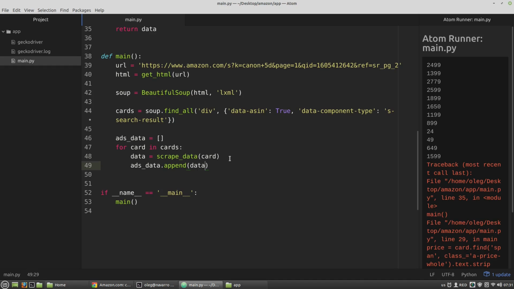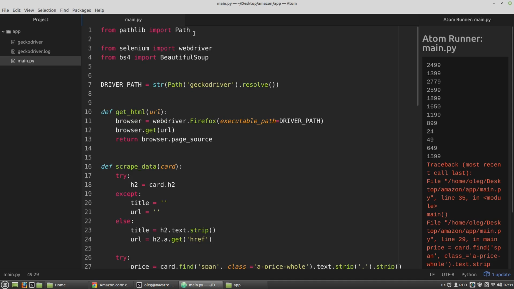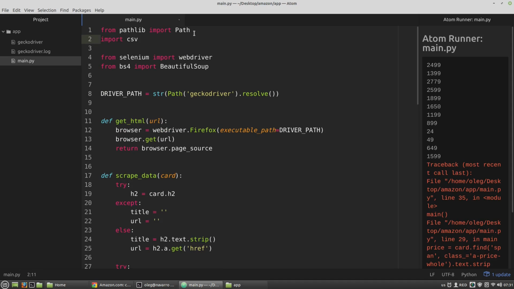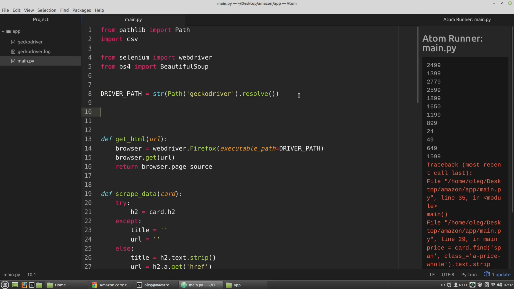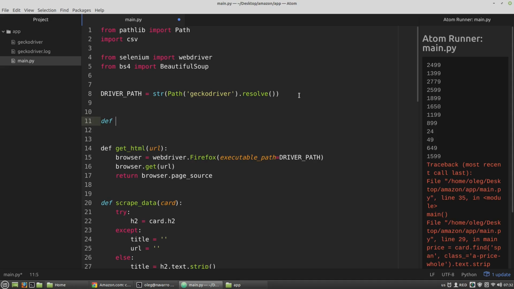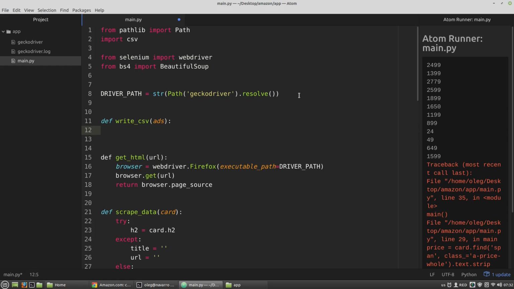And then I want to save all this data to a CSV file. So I need to import the CSV module. And let's define a new function. Let's say it will be write CSV that takes adds list as an argument, and then I have to use the with context manager to open a file object with the result CSV name. For example, I am calling the open function,